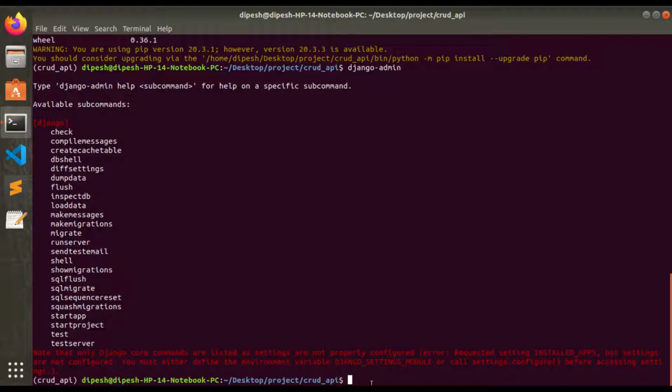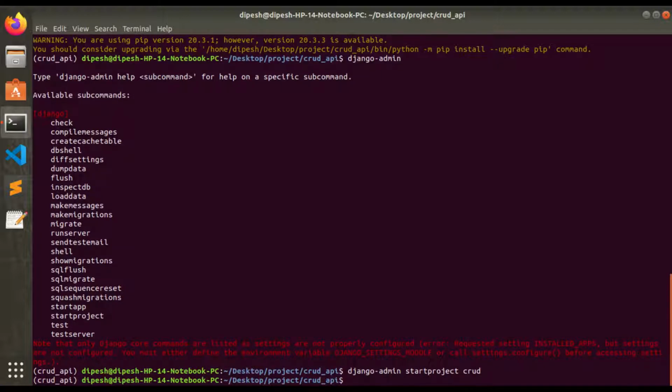For creating a project, we are using the startproject command. So let's use startproject, and you should give the name of a project. I'll give the name CRUD. The project has been successfully created. Let's look.